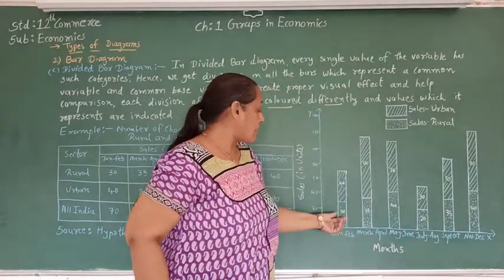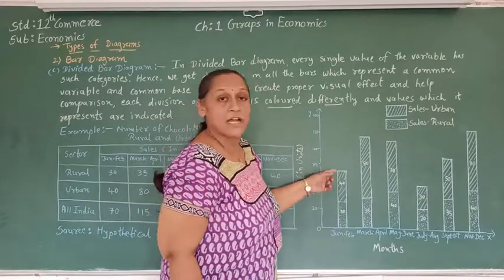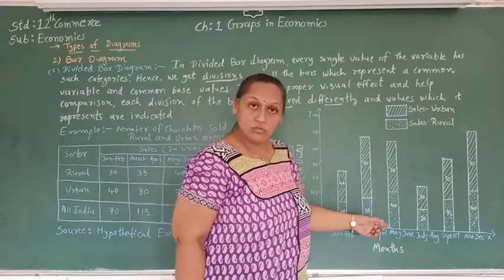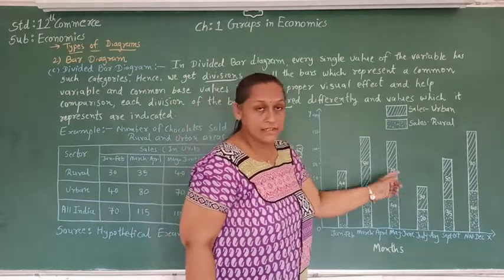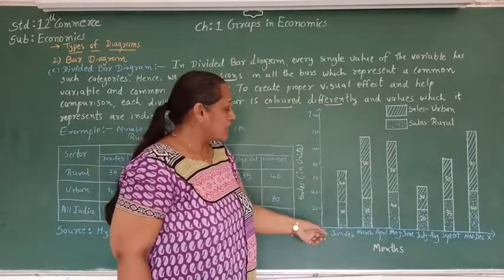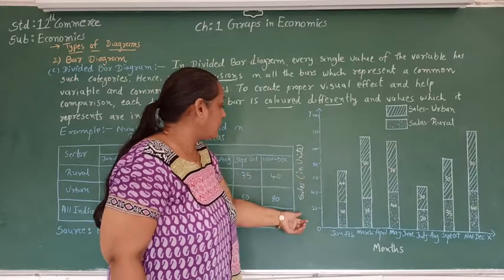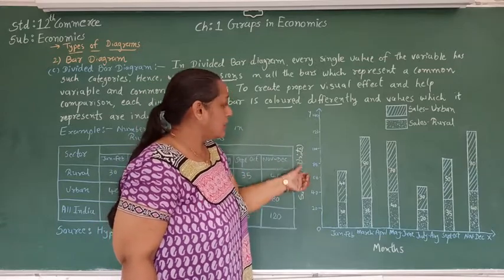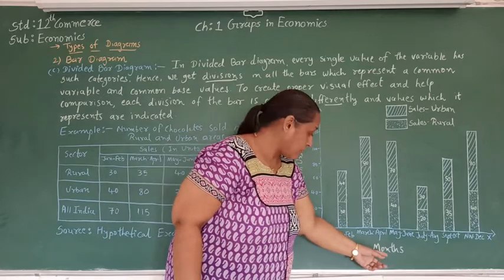As the width of the bar is not indicating anything, we just have to change the height of the bar according to the value of each section. So here we can see that the height is different but the width of the bar is the same. So these things we must keep in mind, and whatever we have indicated on the x-axis, we also have to write that.